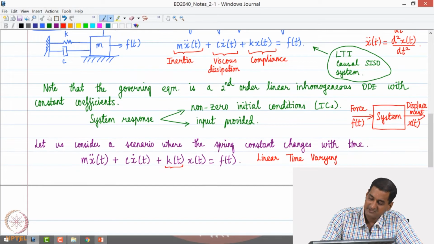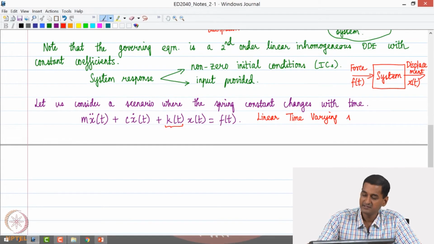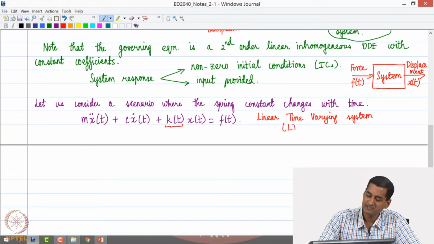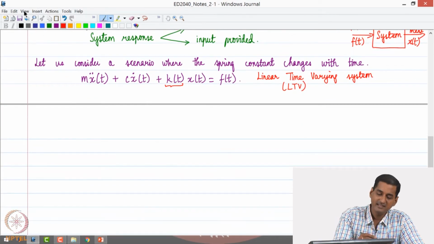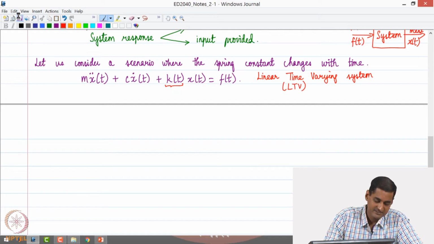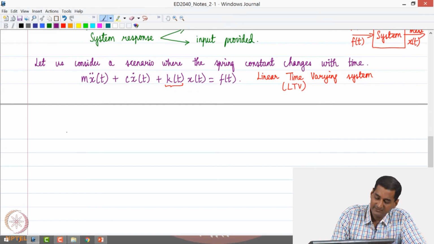So this is just an example of when we could potentially get a linear time varying system, instead of a linear time invariant system. So that is a linear time varying system, and we can immediately realize that the governing equation in this case is once again a second order